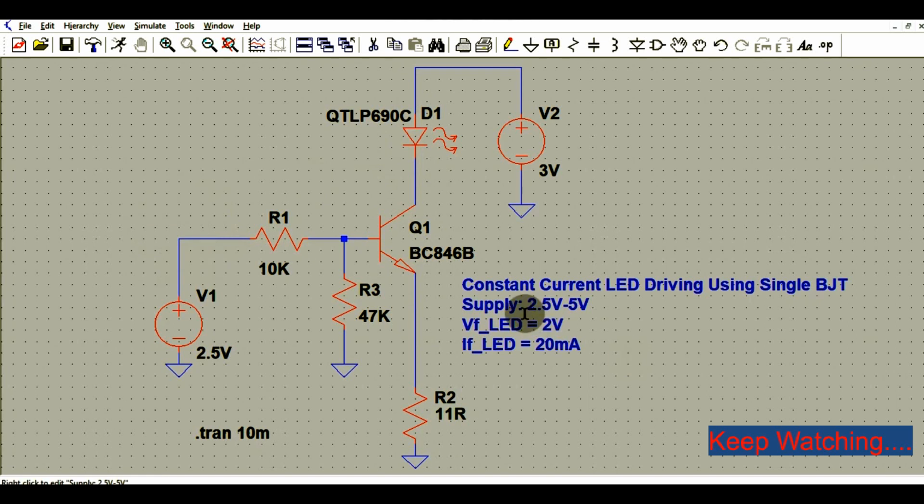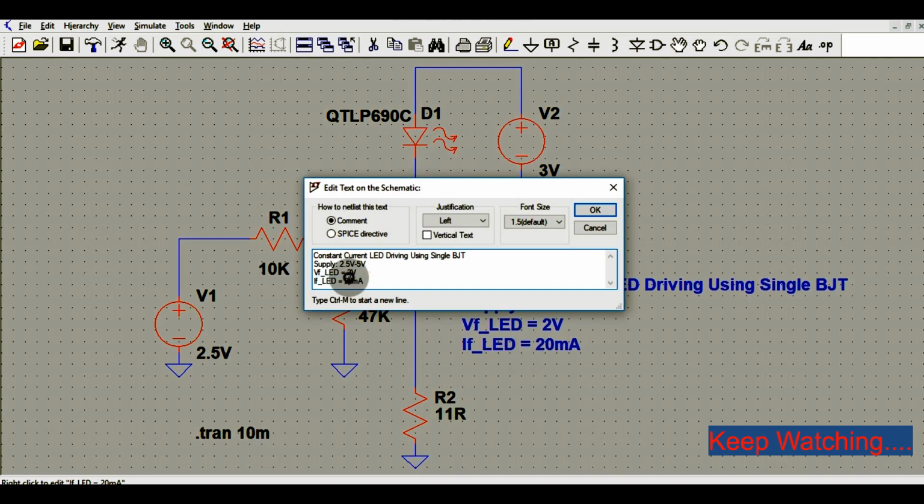So let us understand the specification first. This is the constant current LED driving by using a single transistor. Here the supply voltage to drive the LED is 2.5 volt to 5 volt. This is the supply voltage which is connected here, V2, and the forward voltage for this LED is 2 volt, and let us consider the forward current for this LED is 30 milliampere.